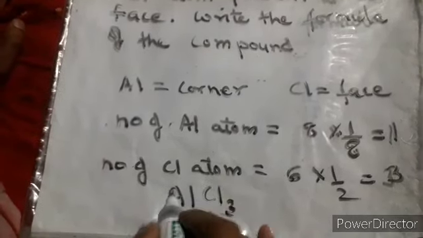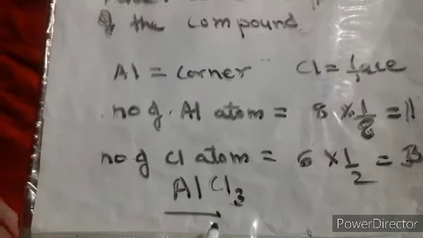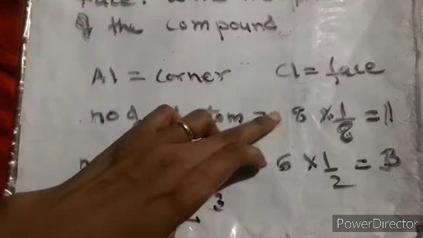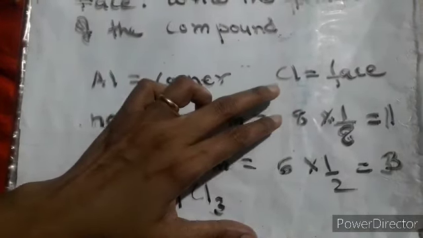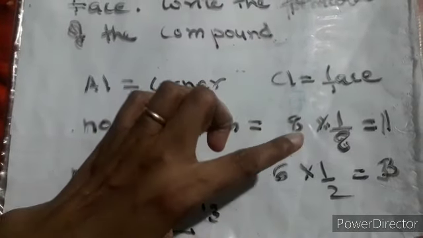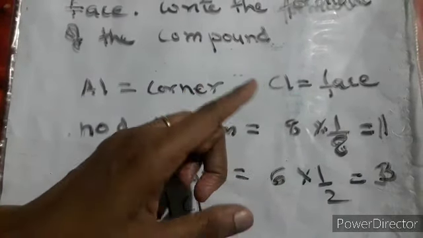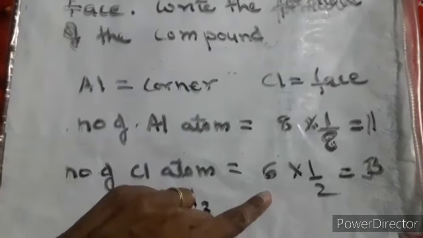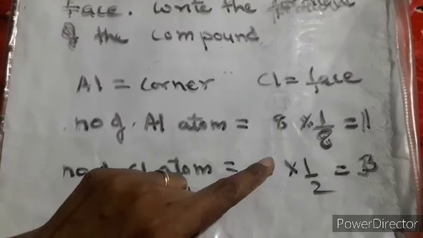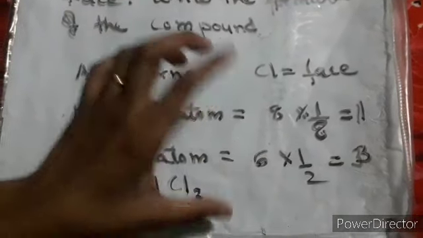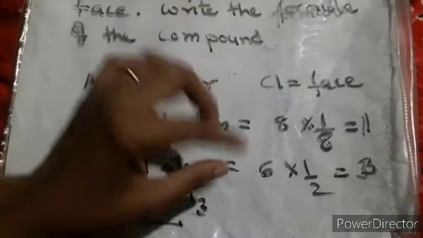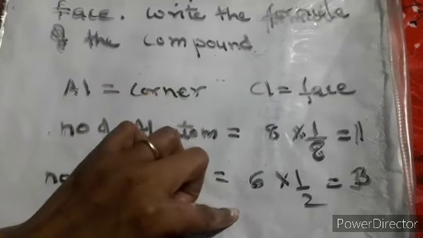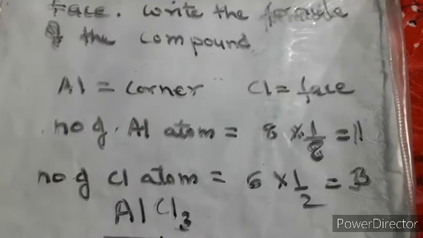They are asking you this thing, so you have to write down this answer. They are always focusing on the answer only, they are not asking for the procedure. But please make sure that you write down the procedure also. I am not writing it over here, but you know the formula is the number of atoms at the corner multiplied by the contribution. Then in the next step we write down 8 into 1 by 8. Over here also, the number of atoms or number of particles, whatever is given to you in your question, you can write down the number of atoms in the face multiplied by the contribution, or 6 multiplied by 1 by 2. So this way you get the formula.